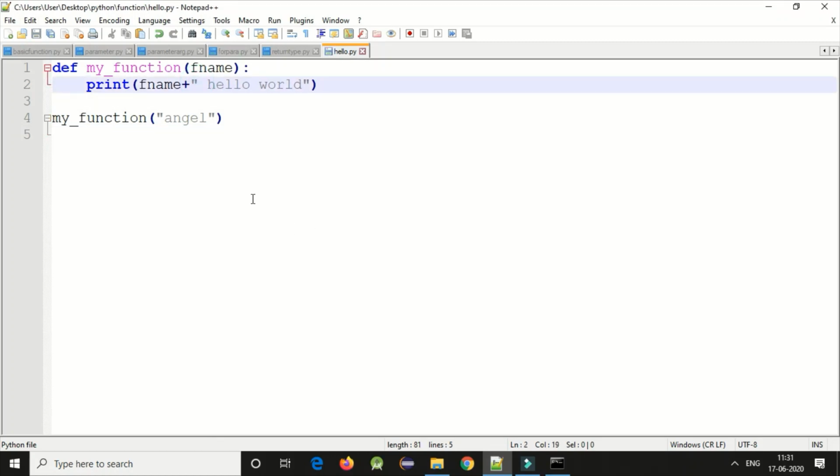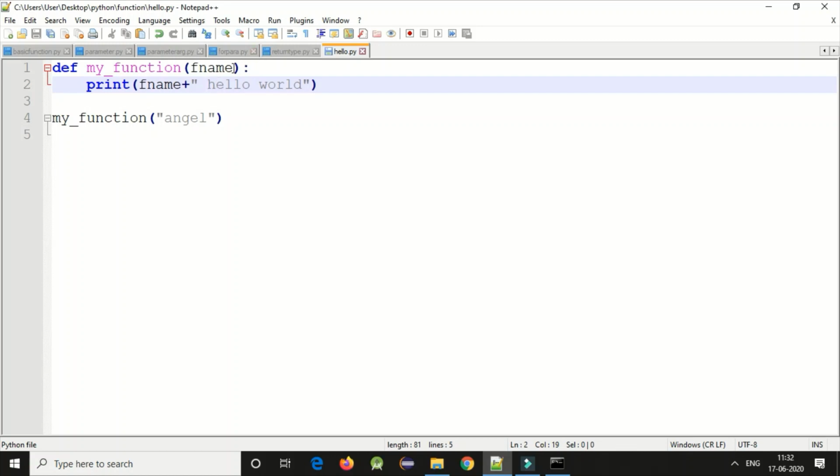Okay, can I give multiple parameters here? So in this, we are passing a parameter in functions, like we give user input, likewise we are passing a parameter here.